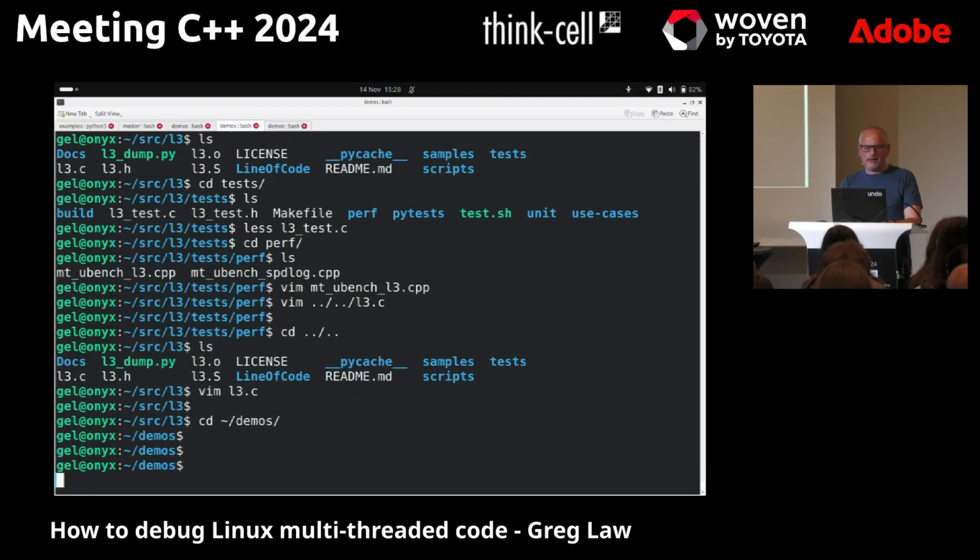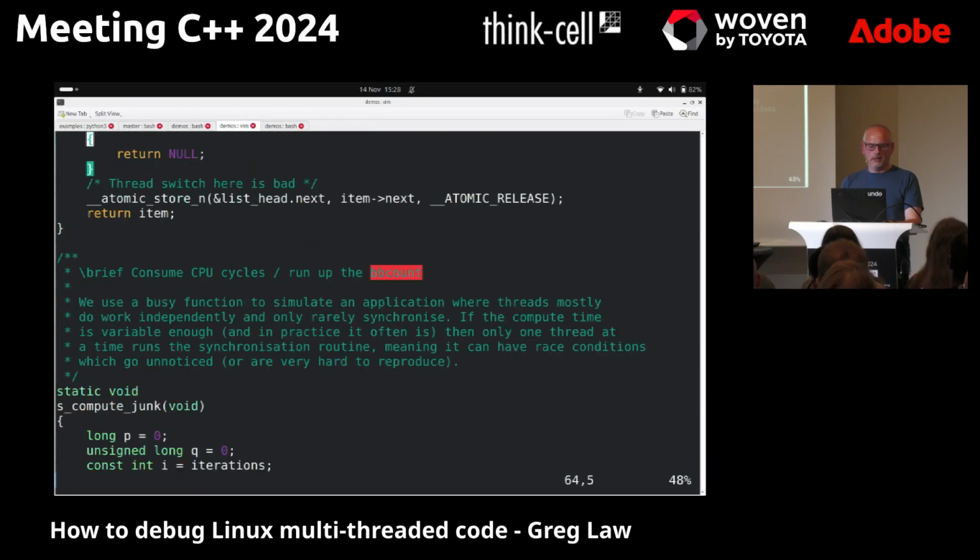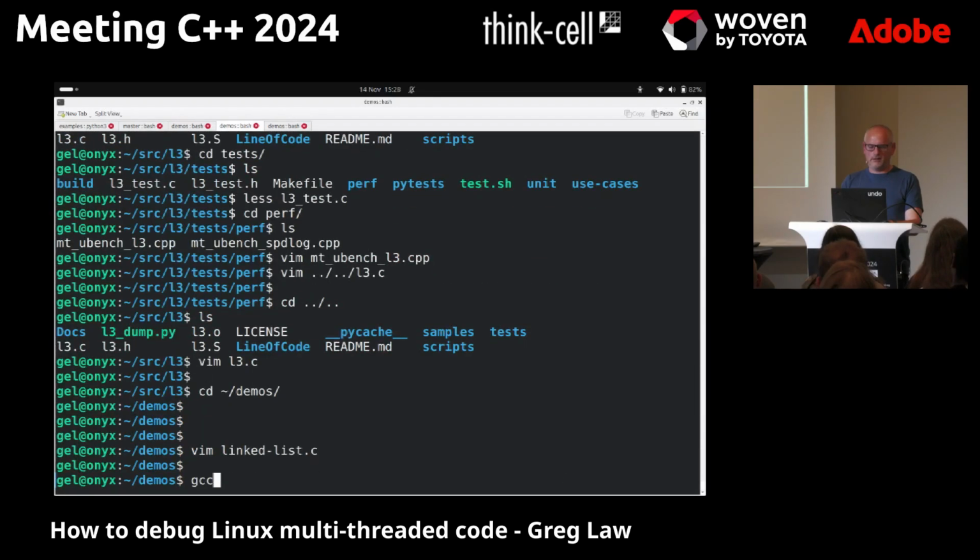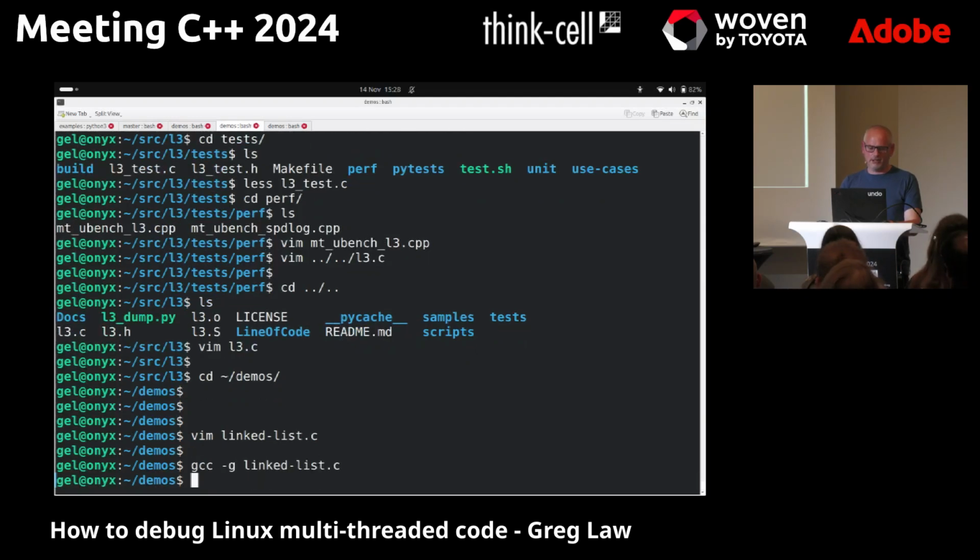I want to show you one last thing before I run out of time that we've worked on that's kind of cool. It's a thing called thread fuzzing. Sometimes we want to make race conditions more likely. So I've got a linked list implementation here that, guess what, has a bug. It's actually a really dumb, simple race condition, but